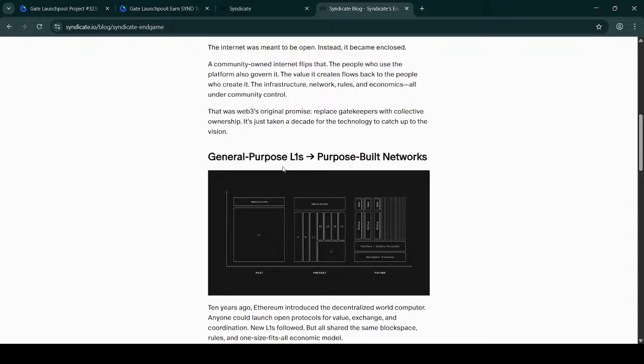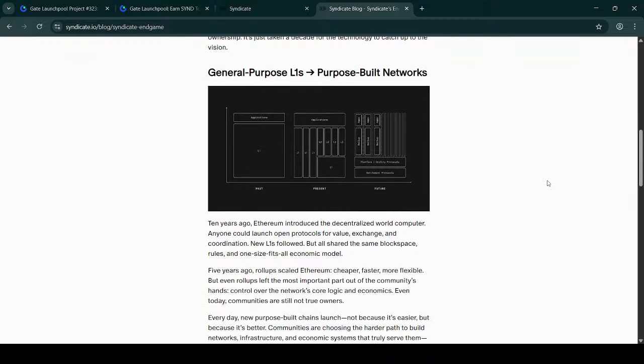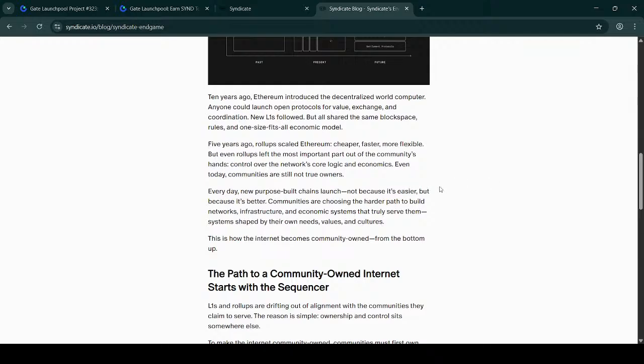So guys, this is the general purpose layer 1s and the purpose-built networks, guys. Ten years ago Ethereum introduced the decentralized world computer for anyone, with the code and the launch of an open protocol for value exchange and coordination. New L1s followed, but all share the smart block space and the rules, this one-size-fits-all economic model. Five years ago rollups arrived to scale